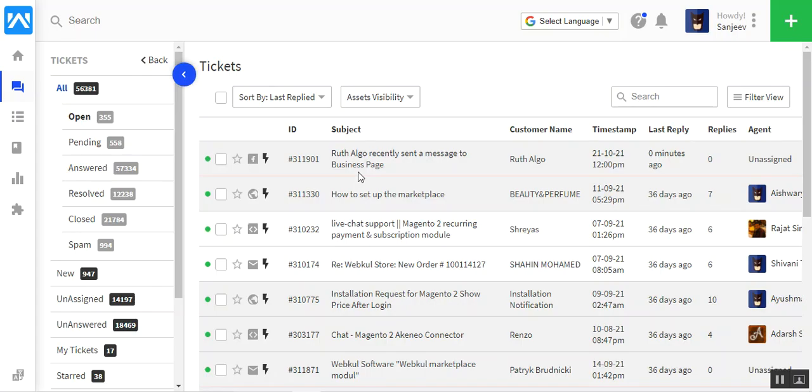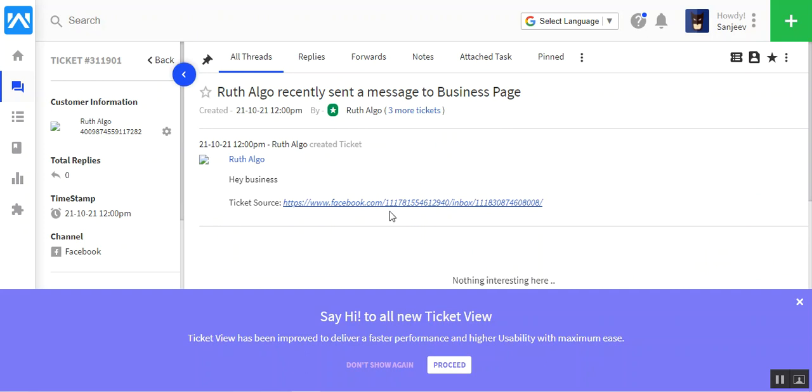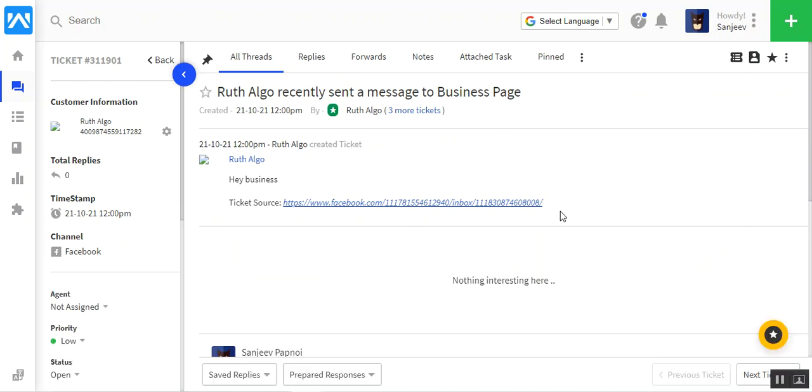I'm just going to refresh it. And here you will find your messages also converted into the ticket section, like Ruth Helgu recently sent a message to the business page, and it gets converted into the ticketing part. Here it is. So that's all about our messages part.